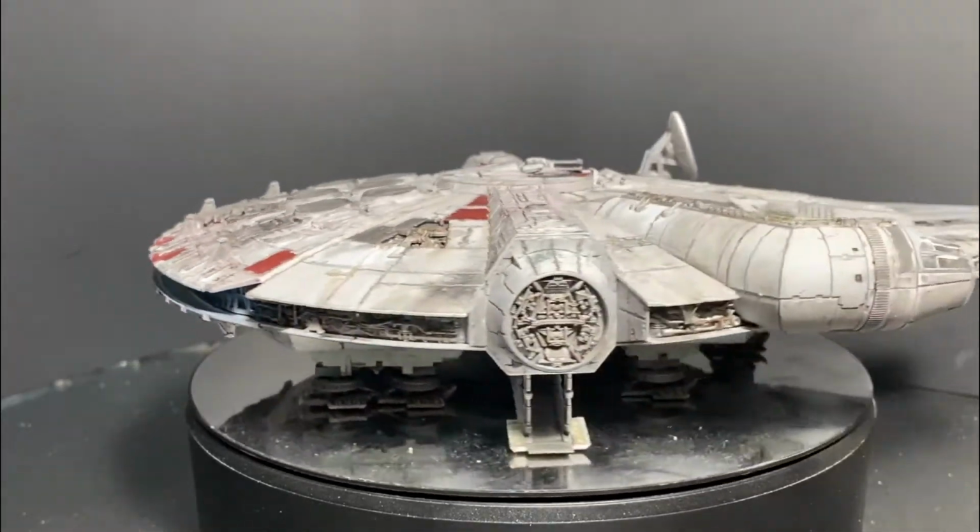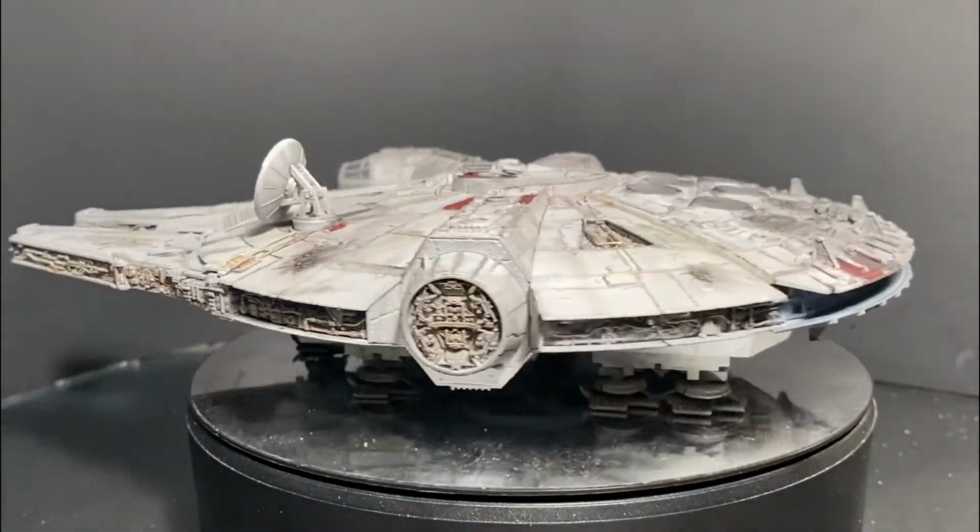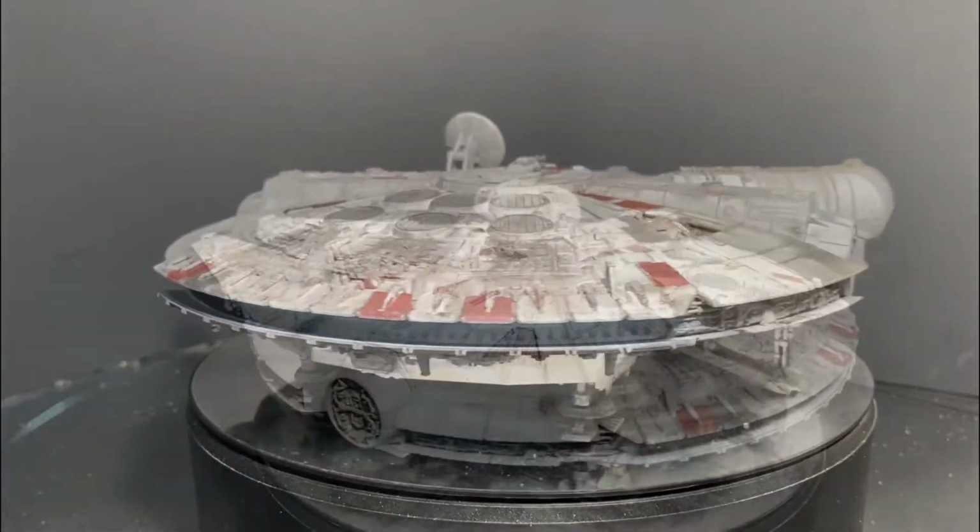Welcome back to Tabletop Glory, and in today's video we're going to be doing the Millennium Falcon. Now specifically we're going to be working on the cockpit, so if you've missed everything up to this point, it's